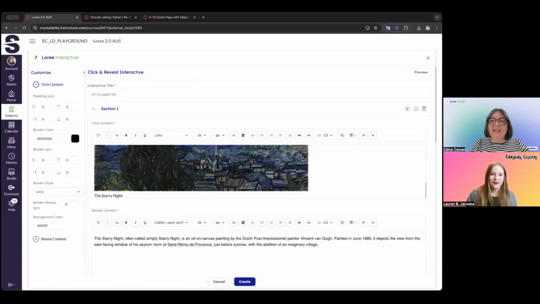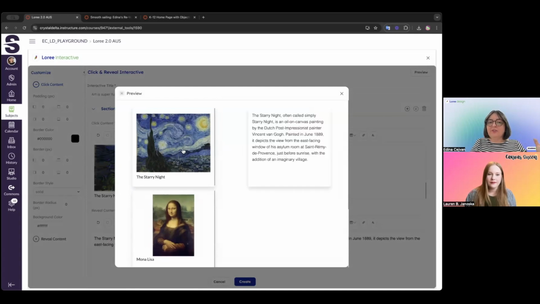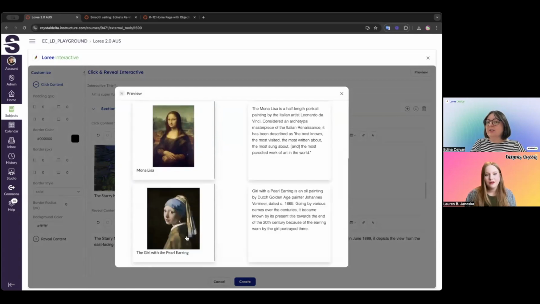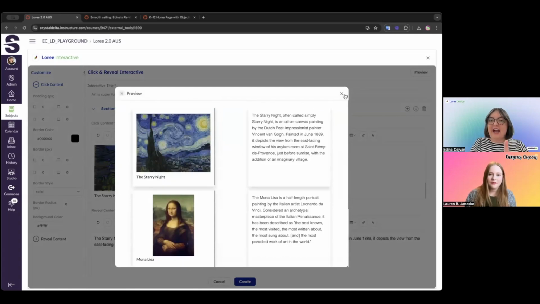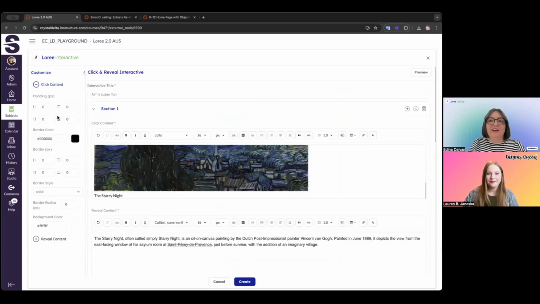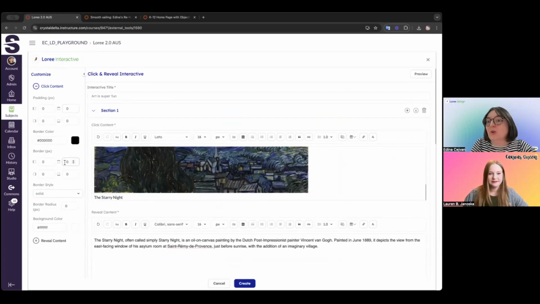There we have it. Now you can preview what that interactive is going to look like out of the box by default before we edit or do anything. This is what that's going to look like. If we want to go ahead and edit it, now we can customize it. So we're going to head on over, and now we can start to manipulate it or edit it,